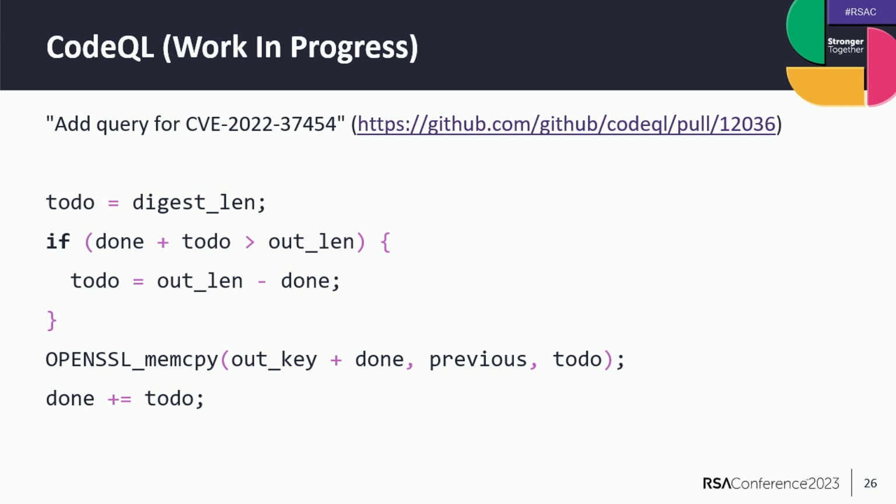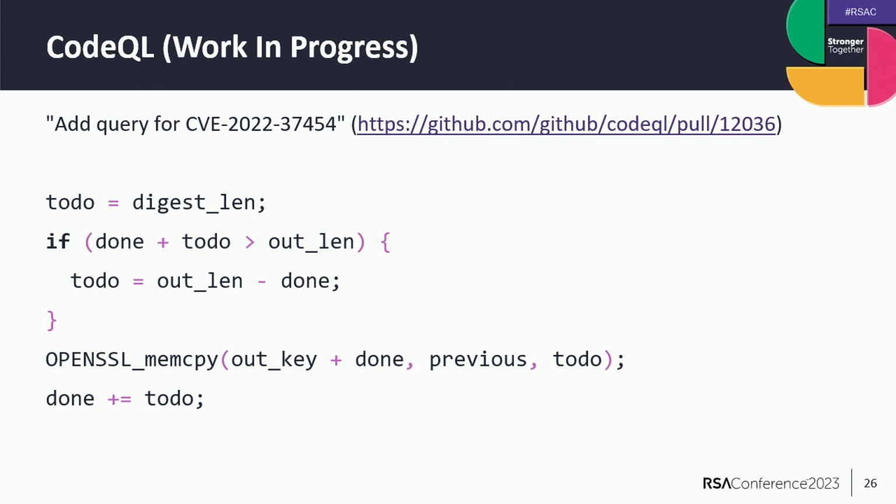There's also some work in progress. A lot has happened since this vulnerability has been announced, and I just want to give a small glimpse. So here is some code that is found as a result of a query that I wrote. It's a collaboration with GitHub Security Lab, using CodeQL to look for this specific pattern, this incorrect way of computing a minimum. Is this present in some other places of code as well? So GitHub allows you to scan over all of your GitHub repositories for free using CodeQL and see if there are some hits.